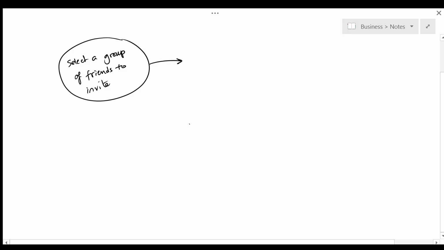So first thing I do here, the first step always is to draw a state diagram of how my app will transition from one state to another. So initially the user wants to select a group of friends to invite. And then the user will see a map of where the friends he or she is inviting are, location wise. So see locations of friends. So this would be a map with a bunch of friends on it, and then find